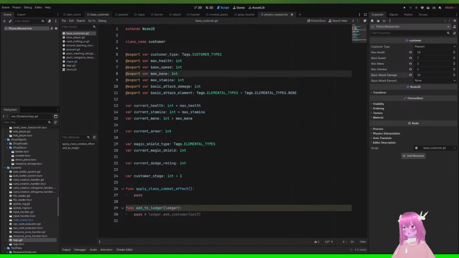Okay. Now I need to do some sprites, I think. Let's make some sprites. Some sprites.